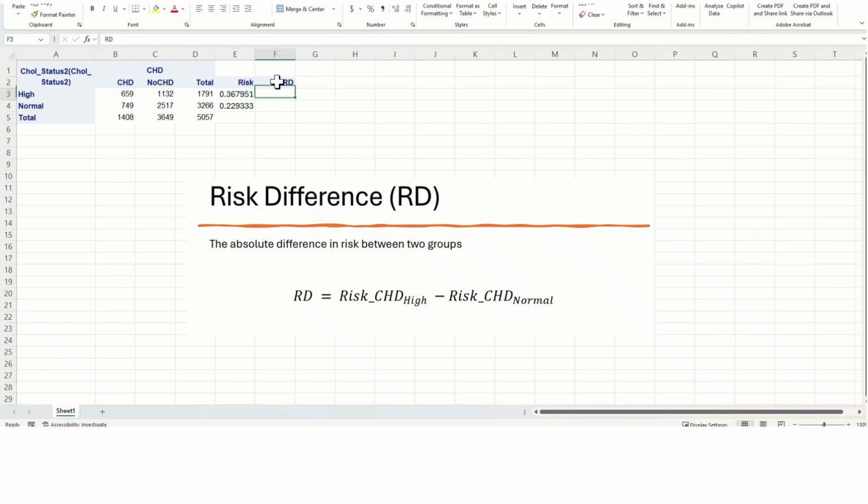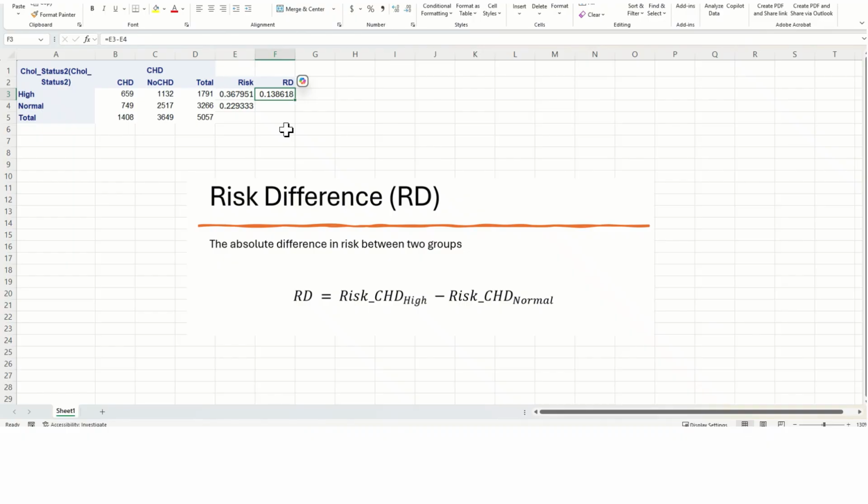Risk difference for the high cholesterol individuals would be 36.8% minus 22.9%. So we can see that the risk difference here is 13.8%,